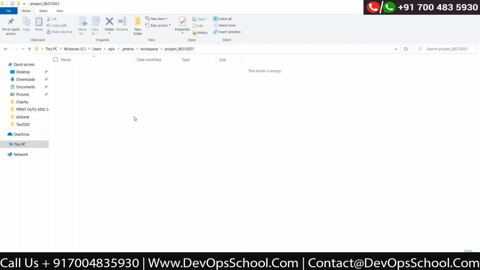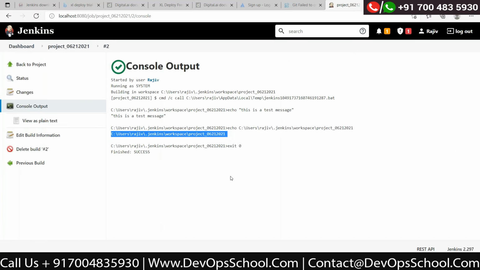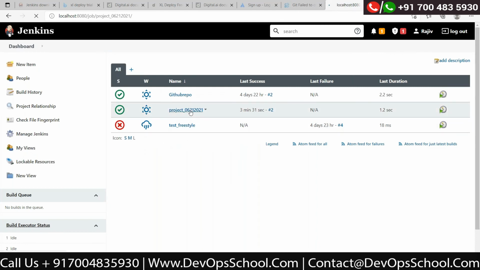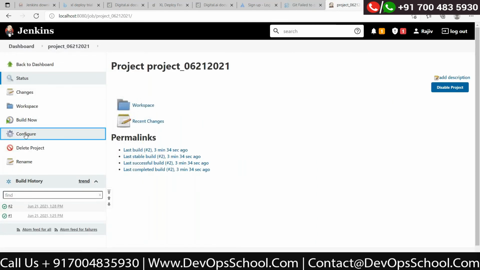Going to the executor machine, which can be your master machine itself, or your child machine, or a slave machine. Makes sense then. We executed the script, which is inline. If you go to the job once again, this one, I believe. We'll go back to the dashboard. This job. Configure.